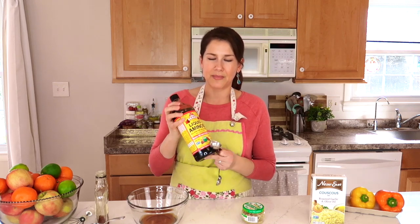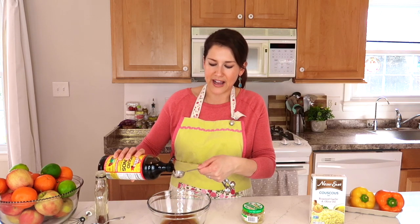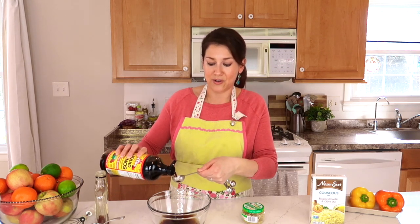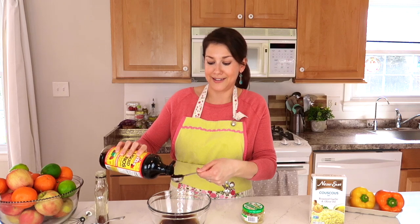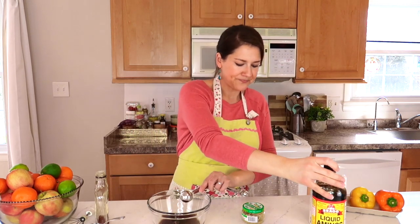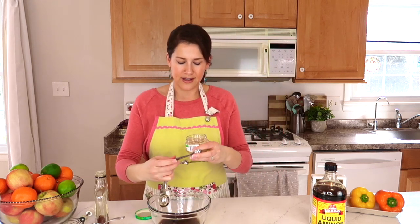I actually use amino acids because it's a little healthier, and my kids don't ever notice a difference. So that's what I have. It's pretty much at every store now. Really any store has amino acids, and it really does taste just like soy sauce to me. So you put that in, and then 1 clove of garlic. So that's about a teaspoon of minced garlic. So I will put that in,